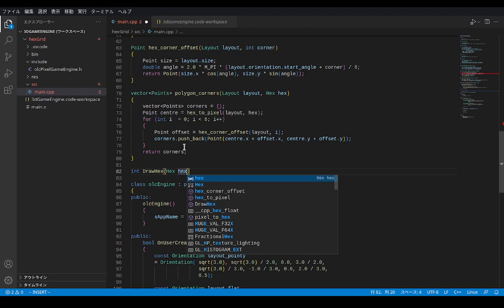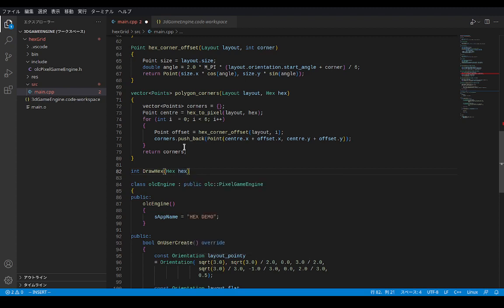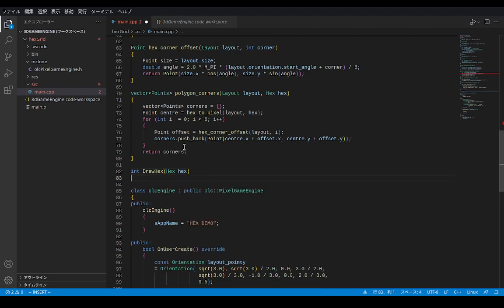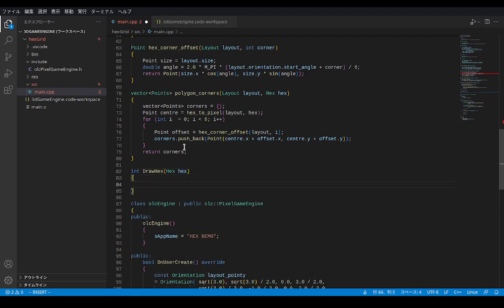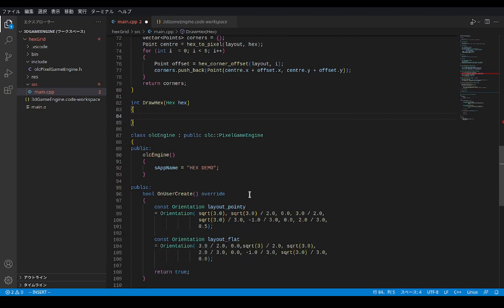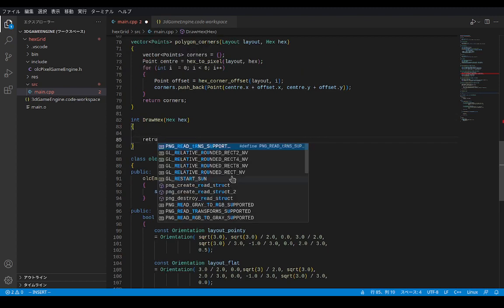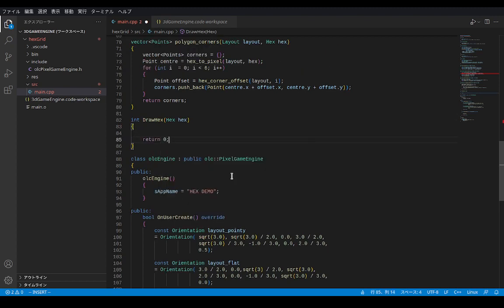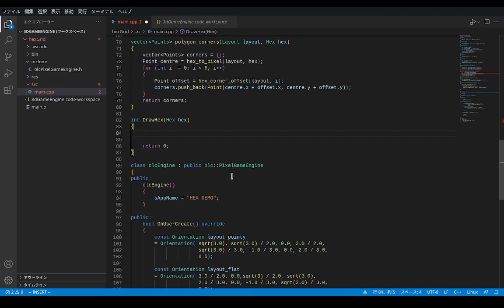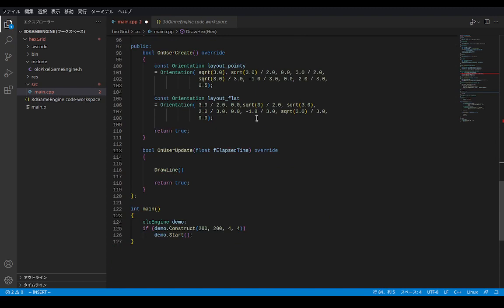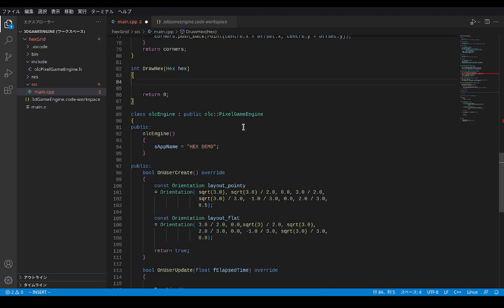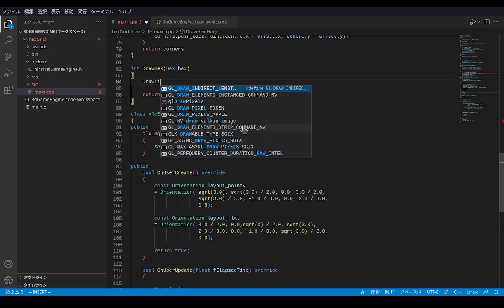Yeah, just do that for now. And that's going to return 0. Before that, we're going to say draw line,